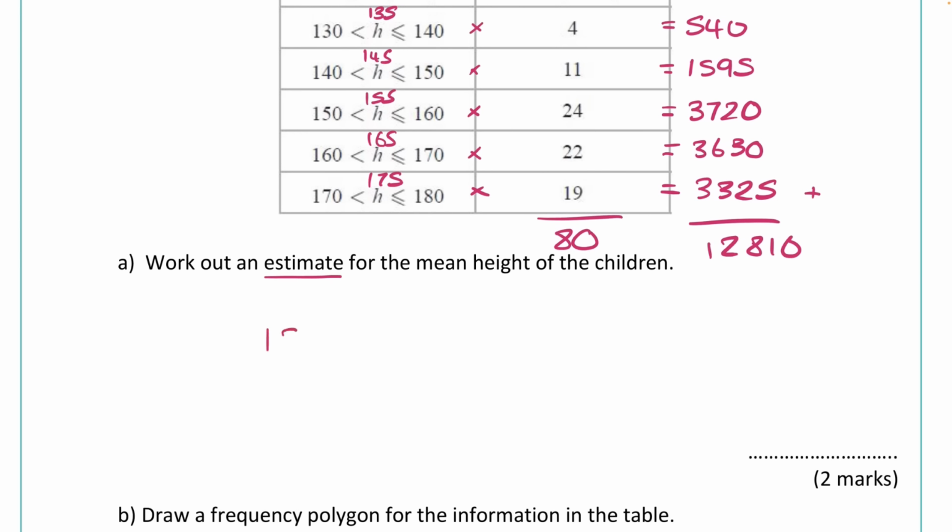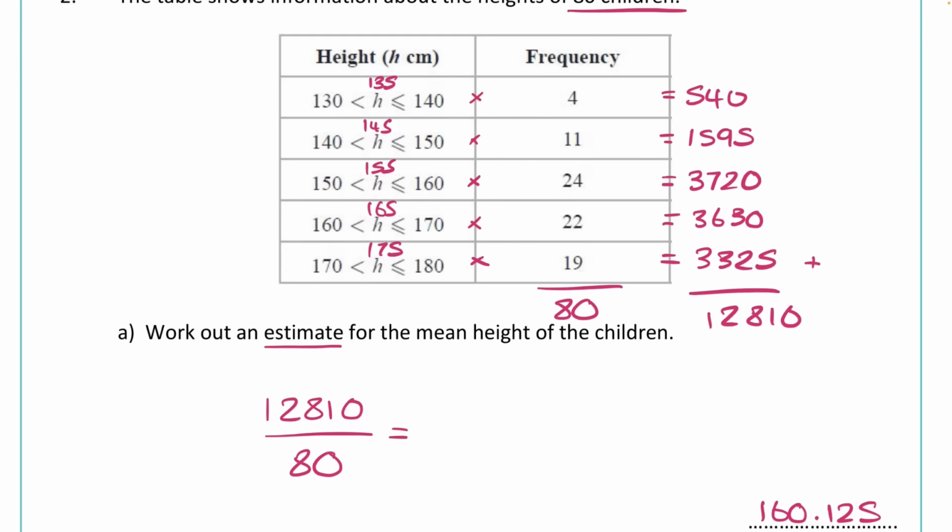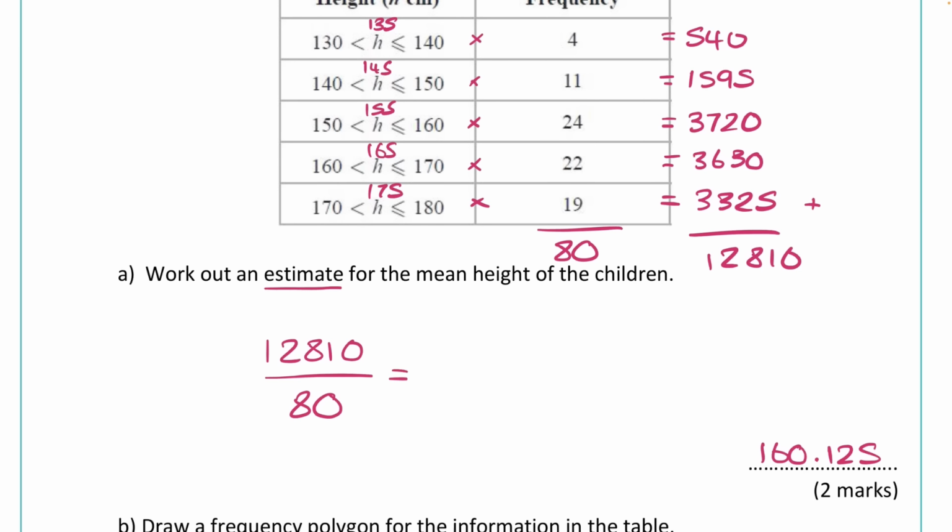And to find the mean, we take the overall estimated total, divide by how many children there are, which in this case is 80, we get an answer that comes out as 160.125. And as always, make sure your answer makes sense. This one does. 160 is just at the start of that fourth category there. Just above that, you have the 150 to 160, which is also the modal class interval there, the most common interval. So just after that makes a lot of sense for our answer,